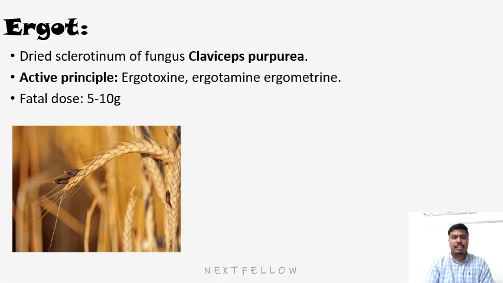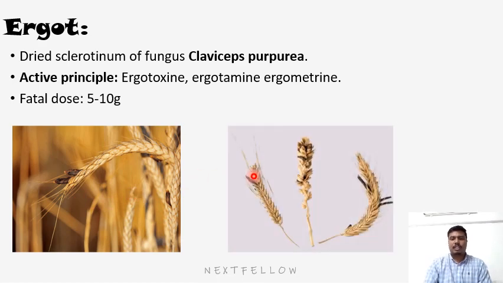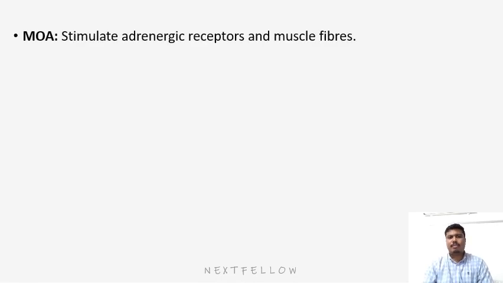See, this is an example of ergot. The grain is gradually replaced and a compact black mass has grown. It contains the toxins ergotamine and ergometrine. This is another picture of ergots. Now the mechanism of action of ergotamine or ergots is that they stimulate adrenergic receptors and also muscle fibers both centrally